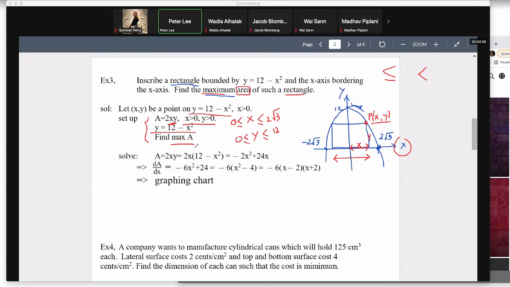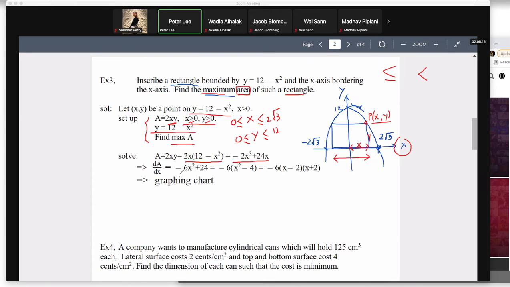So here, you can say x is greater than 0, or you can say x is greater than or equal to 0. Again, there's no penalty for these things, because on these kinds of problems it's not that critical. You can put it there, or you can not put it there. Either way, whatever you put is okay. But put something in there. Put some range. And so A is equal to this, and then y is equal to 12 minus x